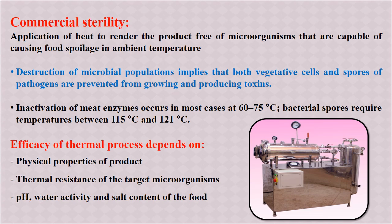So here inactivation of meat enzymes first occurs around 60 to 75 degrees Celsius, because the autogenous enzymes can cause spoilage of food or meat. And secondly, bacterial spores must be destroyed, for which we should have a temperature above 115 degrees Celsius and preferably